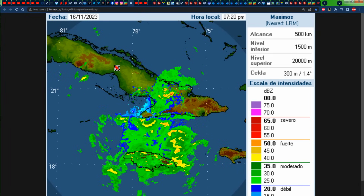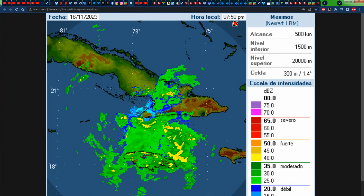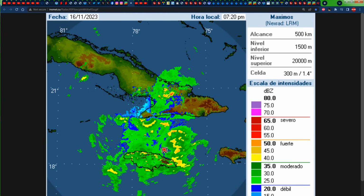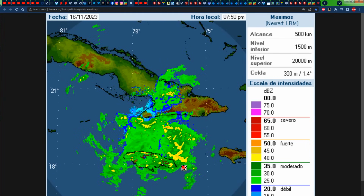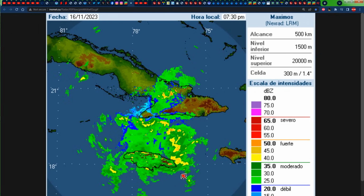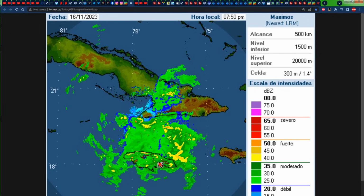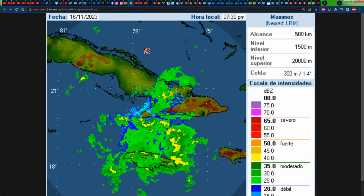So we can see that it's now 8 p.m. The latest Doppler radar image that just came out is at 7:50, and we see the greens that represent light to moderate rainfall, the yellows that represent heavy rainfall, even some oranges in there, and Jamaica is blanketed. Almost all parishes are getting in on some amount of rainfall at this time, and there's definitely a lot more